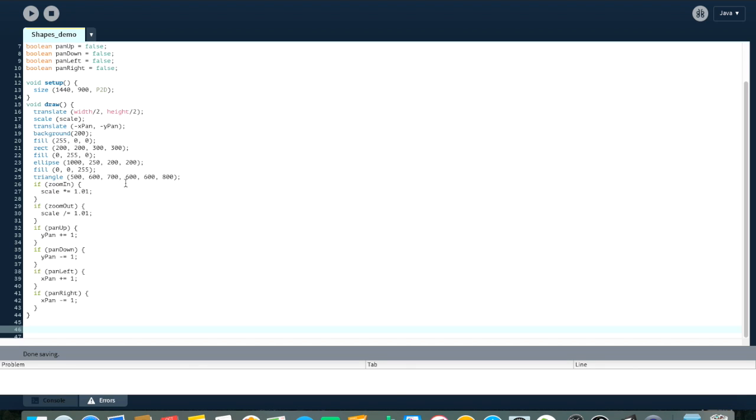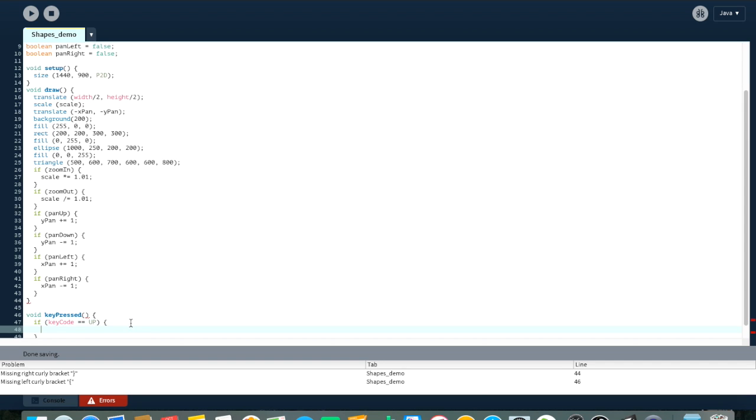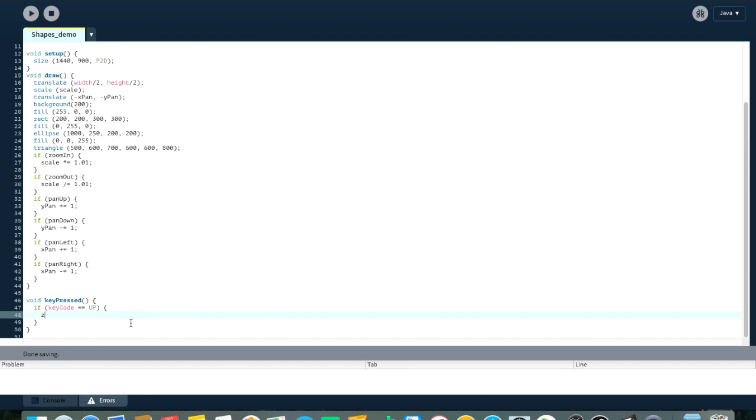So for this I'm going to use the keyboard, and we're going to allow the person to control zoom with the up and down arrow keys and pan with WASD. So I'm going to say void keyPressed. This function is called whenever a key is pressed. And I'm going to say if keyCode equals UP, then zoomIn equals true,